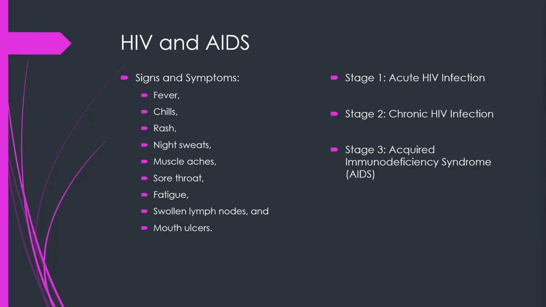Stage 2, chronic HIV infection. This stage is also called asymptomatic HIV infection or clinical latency. HIV is still active but reproduces at very low levels. Individuals may not have any symptoms or get sick during this phase. Without taking HIV medications, this period may last decades or longer, but in others it may progress faster. Individuals can still transmit HIV in this phase.